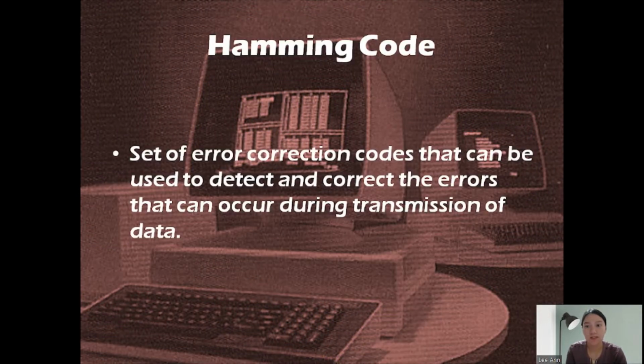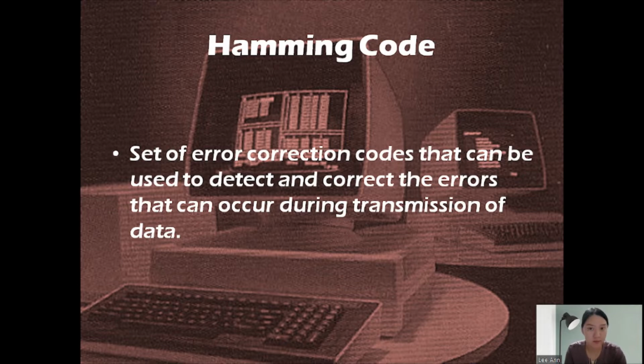Hamming code is a set of error correction codes that can be used to detect and correct the errors that can occur during transmission of data. In this video, we're going to use the 12-8 coding scheme, and it is easy to understand once we start to